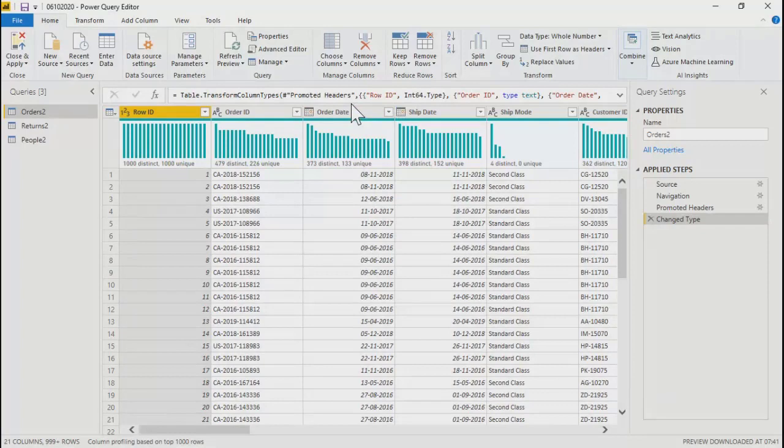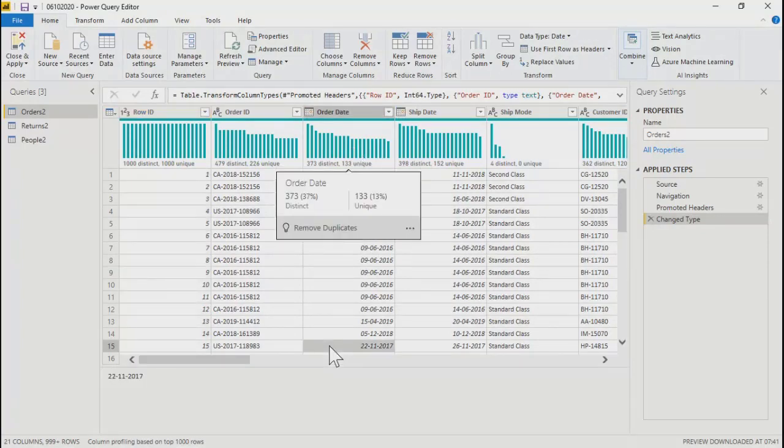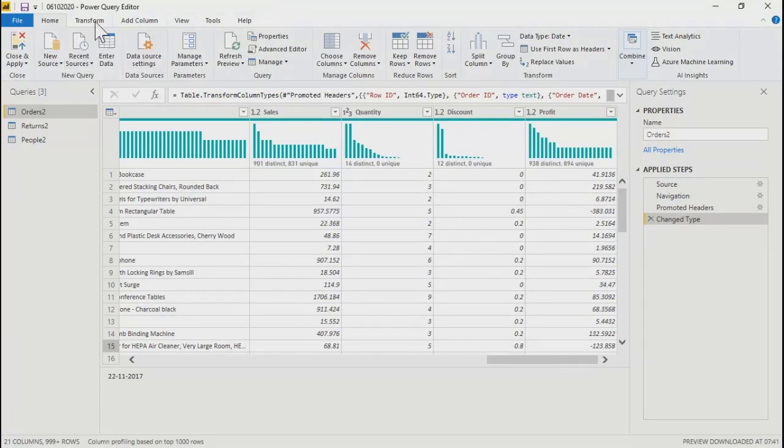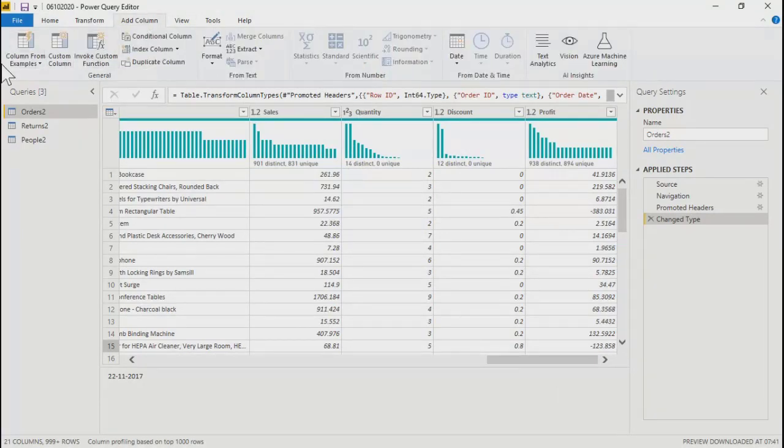Let's say you are trying to add a column in the data. In case you add a column, Power BI automatically adds that column into the data set. Let's say you wrote a condition and then you add a column. Just after adding that column, you can remove the dependent column.